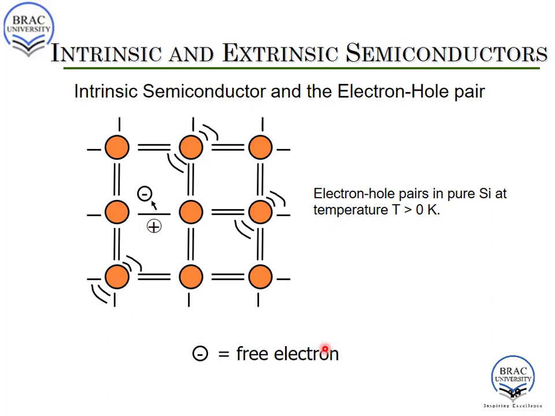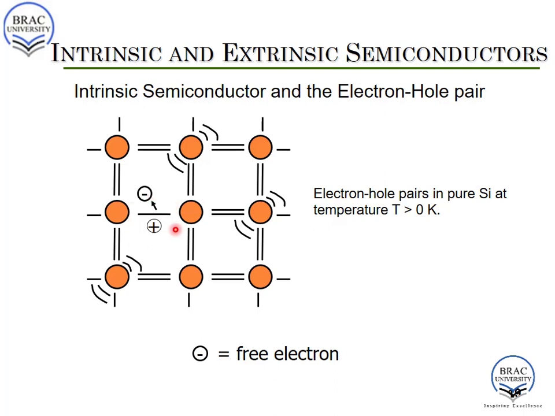Okay, now let's talk about the structure of an intrinsic semiconductor and electron hole pair generation with this illustration here. We have seen this structure previously. In this structure, each of the orange circles denotes a silicon atom, and a single bond between 2 silicon atoms is denoted by 2 lines, where each line corresponds to an electron. So in this huge structure, each of the silicon atoms is bonded with 4 of its neighboring silicons. Whenever we provide enough energy for the electron to break the bond and move through the structure, the electron moves from the valence band to conduction band.